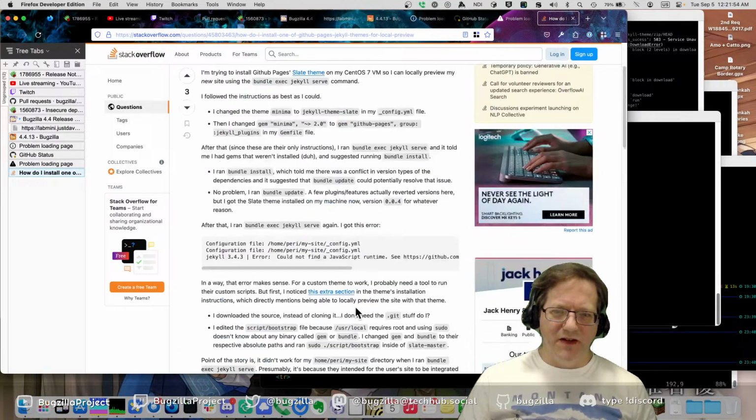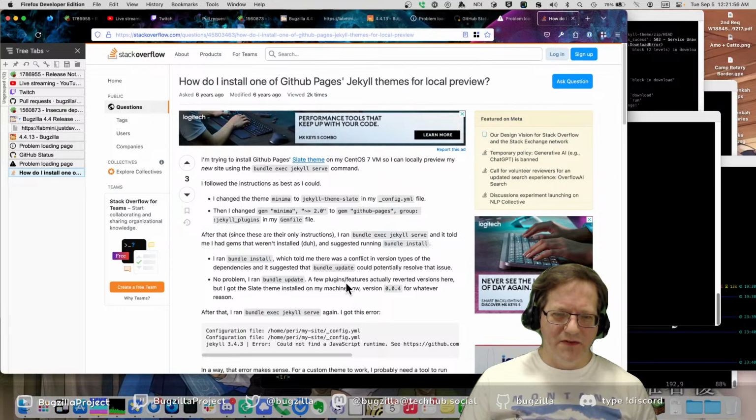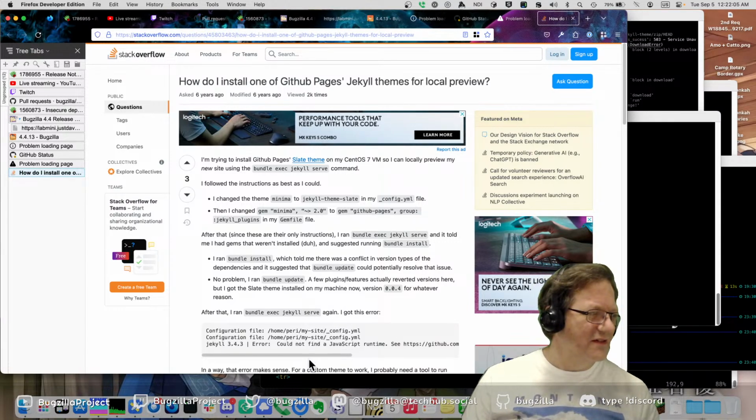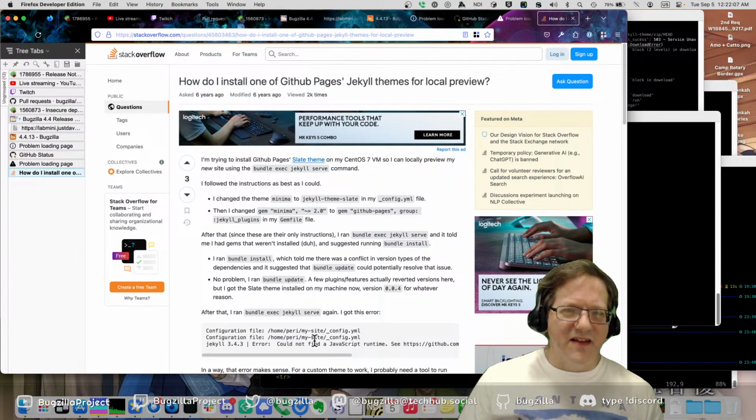Yeah, that's how to serve one of their themes, not how to run it locally. Local web server displaying it, which is what we're already doing. Okay, so that's not quite what we're looking for.